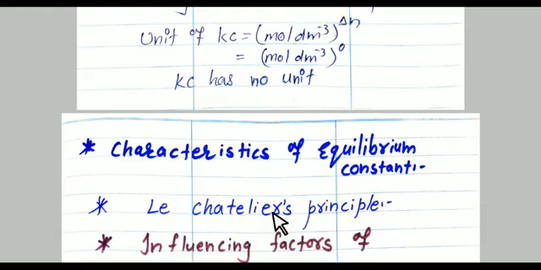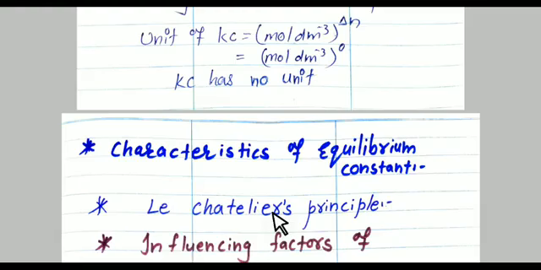It is the principle. I am again repeating it. When a system at equilibrium is subjected to a change in any of the factors determining the equilibrium condition of a system, the system will respond in such a way as to minimize the effect of change. What does it mean? What does the principle say? Le Chatelier principle says that whenever any system is in an equilibrium condition and you apply a force on the system, the system works in such a manner that it minimizes the effect of change.